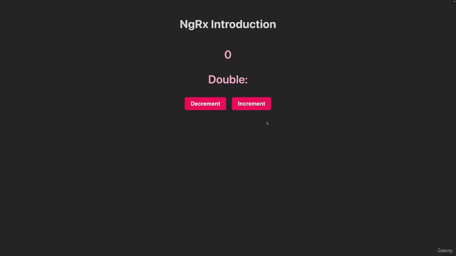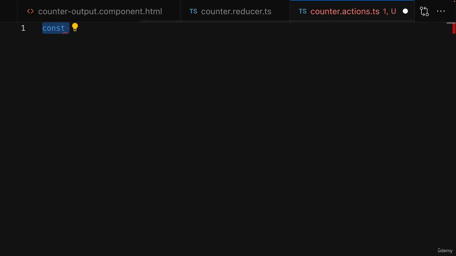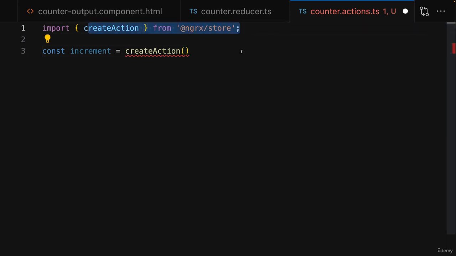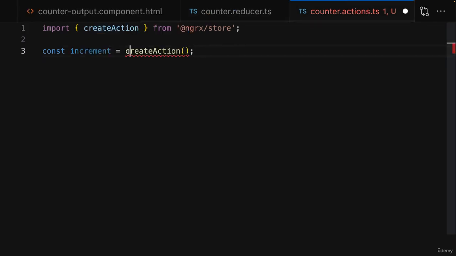And here in this application, we might want an action for incrementing the counter, for increasing it by 1. Therefore, in this counter actions file, we can create a new constant, because an action is, again, a value in the end, an identifier of a certain action, you could say. And I'll name my constant here increment. And then such an action value is created by calling createAction, which is a function provided by NGRX store,